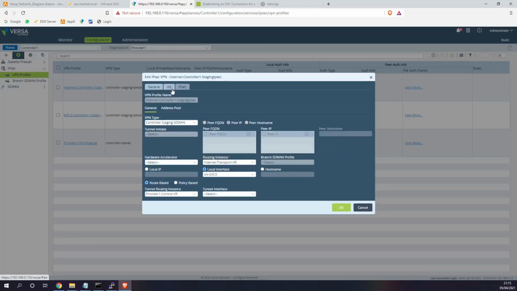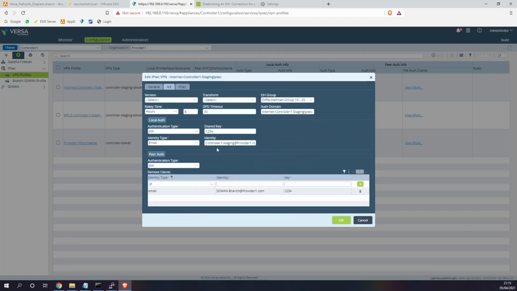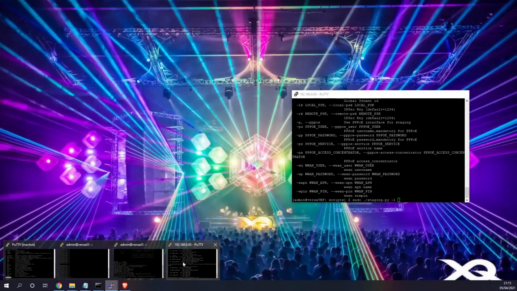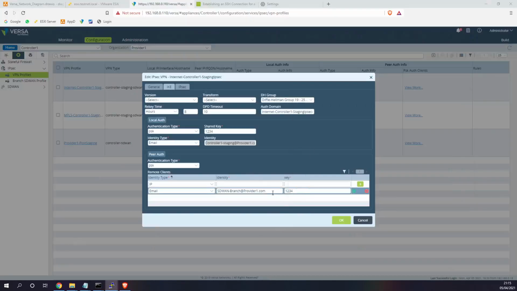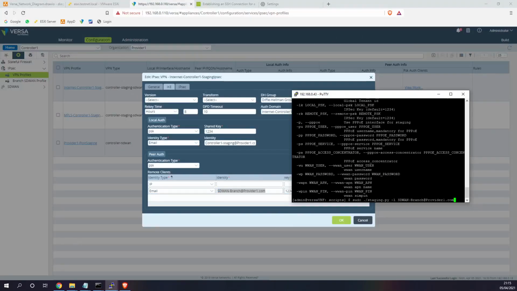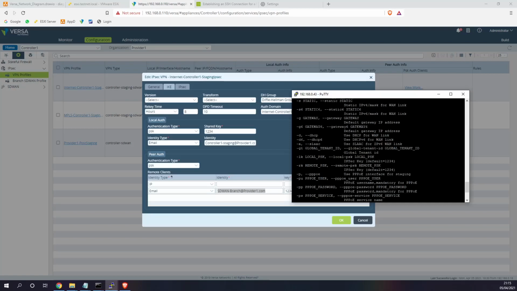So if I just click IKE, we've got the local identity and we've got the remote identity. Okay, so let's just open up this. So local identity is this. Note the password, you don't need to put it in because the default key is 1234 and the default remote key is 1234. Okay, so if we do R for remote,